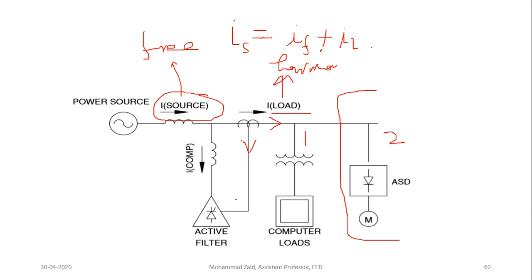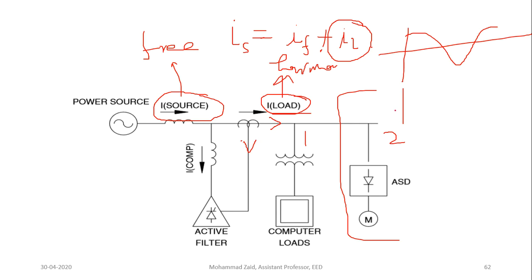The filter is not carrying any load current. The load current is carried by this line, but this load current also has some amount of harmonics. So this filter should have a current of the same magnitude and opposite polarity as the harmonic current of this load, not the load current. The load current or fundamental current will be the same, but it will also have small harmonic currents.